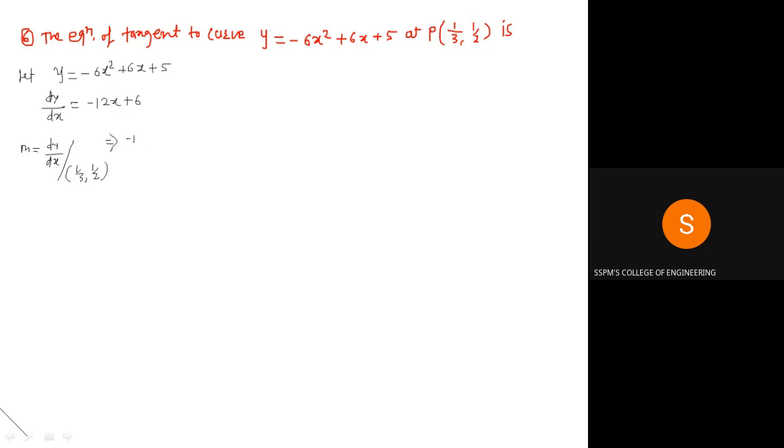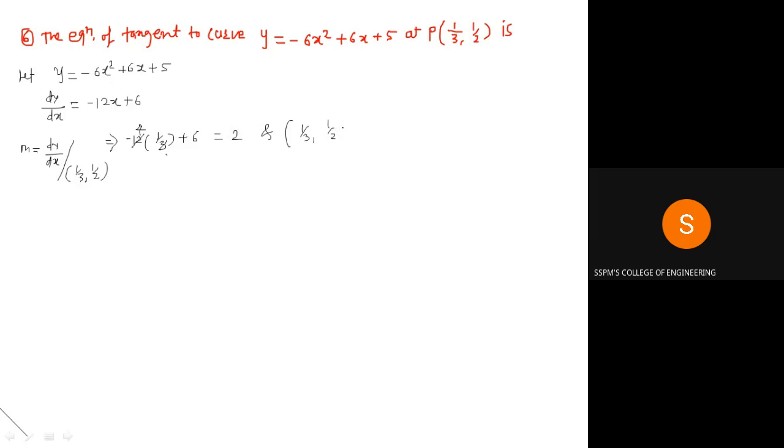So minus 12 into 1 by 3 plus 6. 3 into 4, 3 4s are 12, means only 4 remains. 3 1s are 3 and 3 4s are 12. So minus 4 plus 6, that is plus 2. Now plus 2 is the slope of that tangent, and that same tangent passes through the point